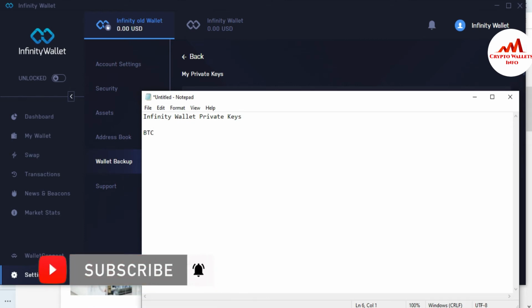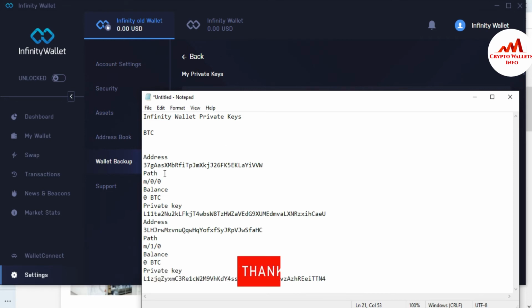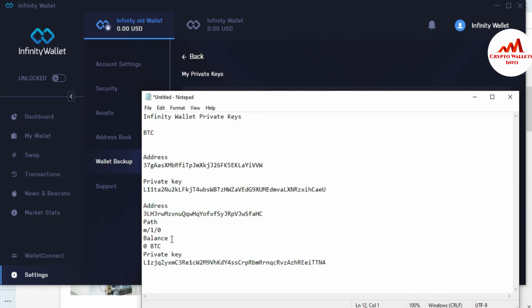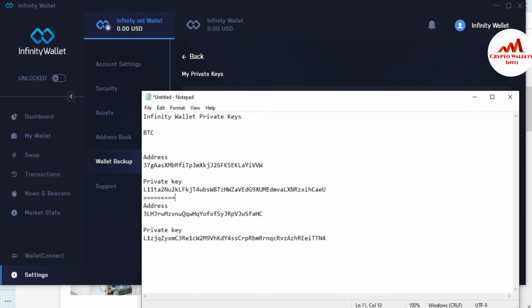Now just paste here. When you paste here, you can see this is the address, this is the private key. If I remove the unused or unnecessary parts, they will be shown here. You can see it shown here. I also remove from here, and now